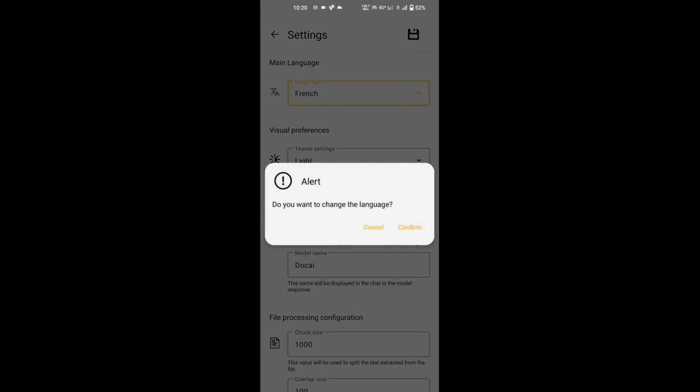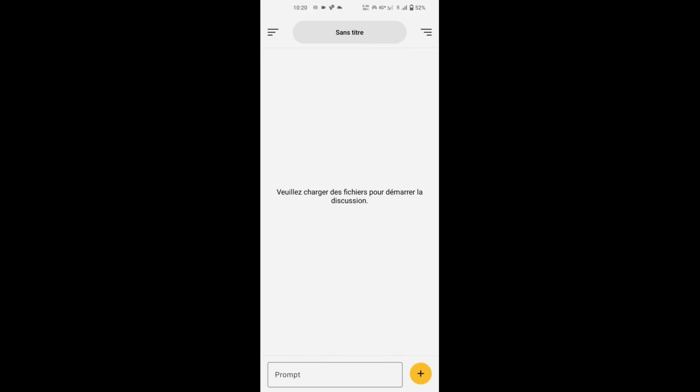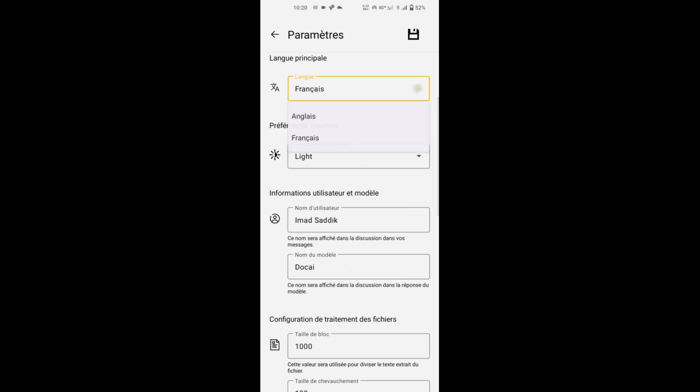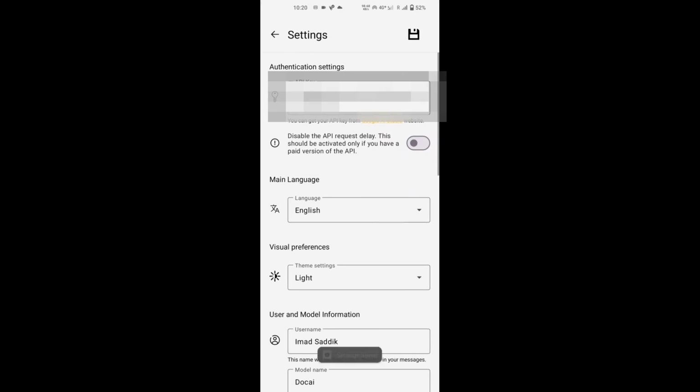If you do this, you can see that here it says, do you want to change the language? If you confirm, the app will restart because here we need to change a lot of things so that the text changes. And now you can see that instead of untitled, for example, we have sans titre. And basically here you can see that instead of rooms, we have vos espaces, etc. Let's go back to English. Click on the settings